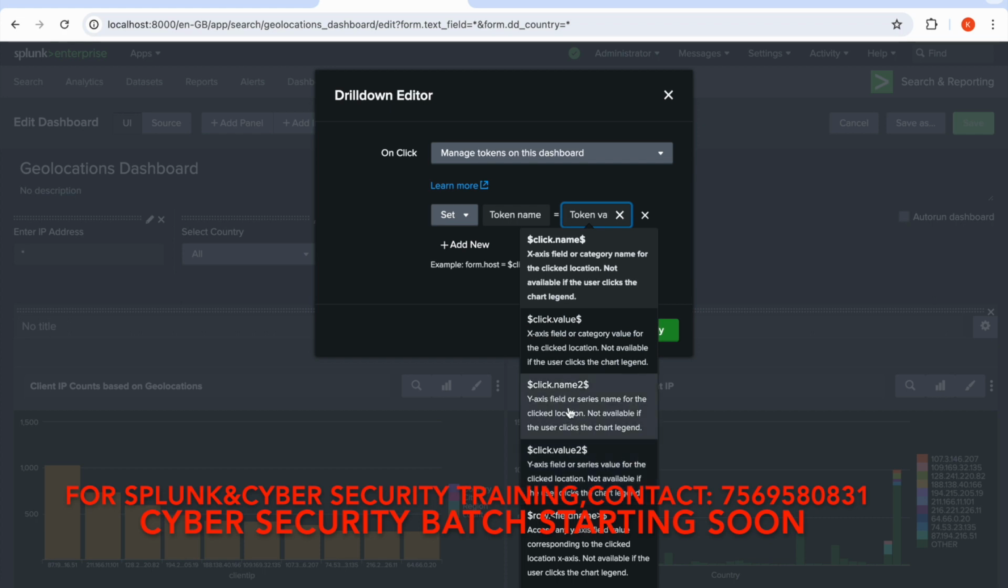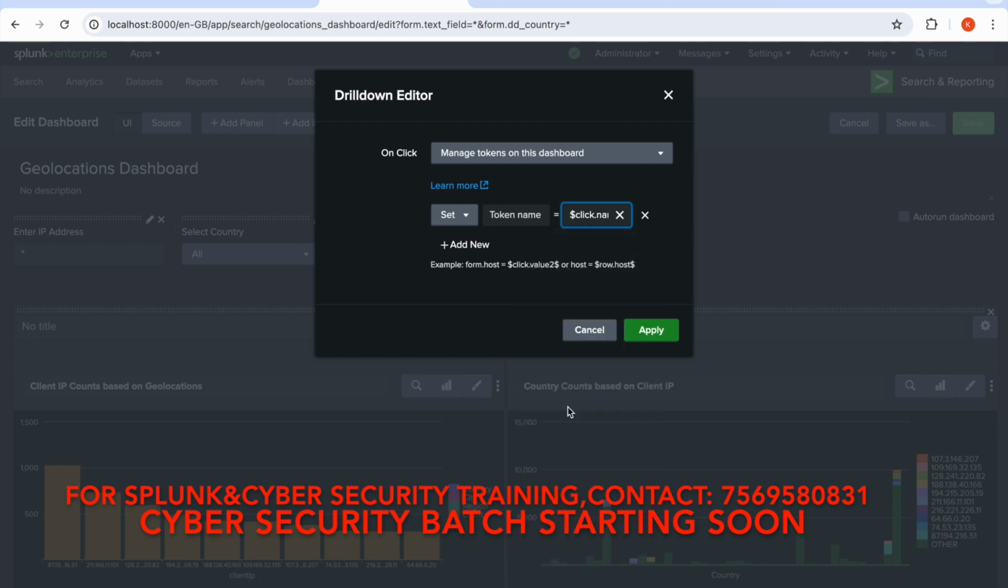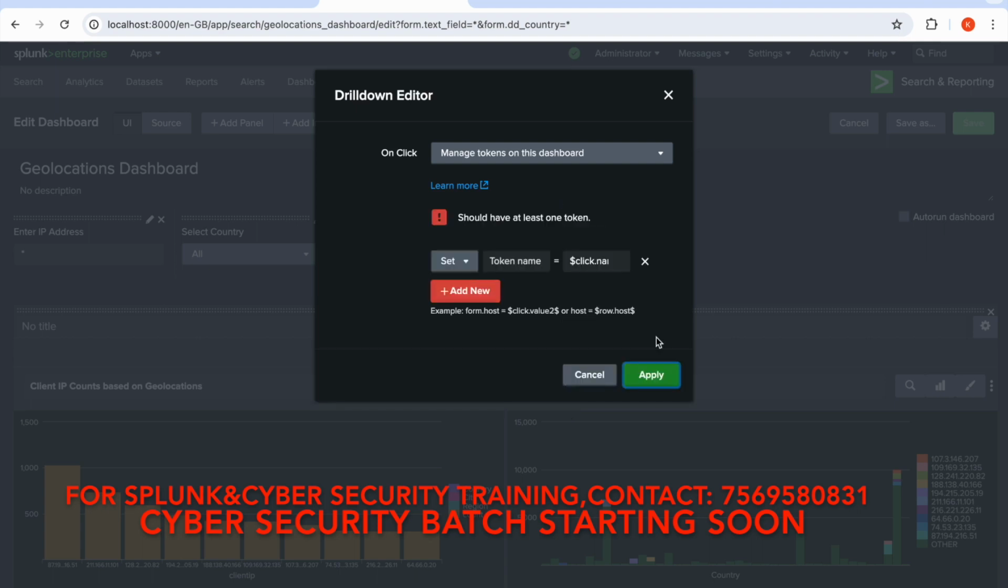I will be selecting click.name2 this time, because I have those client IPs from the second field onwards only. The client IPs as the field names, I have got from the second field onwards. That's why I have selected click.name2. Okay, so now